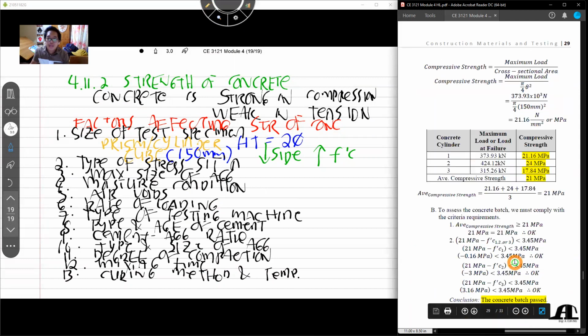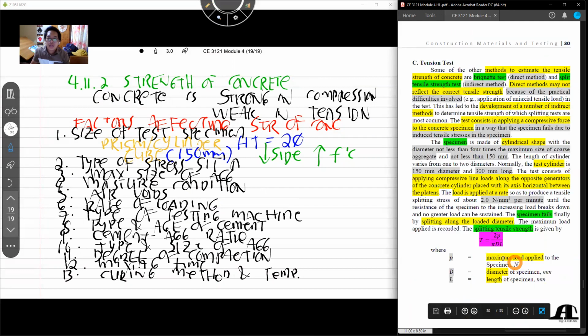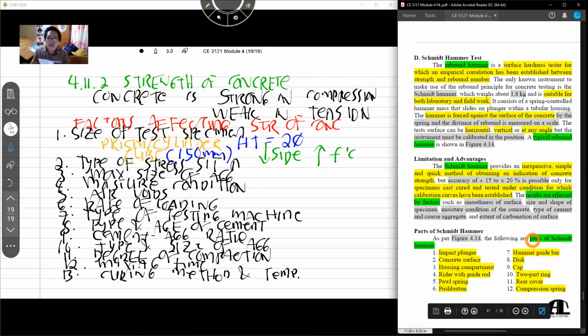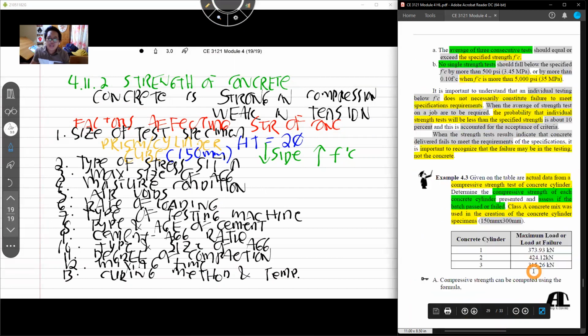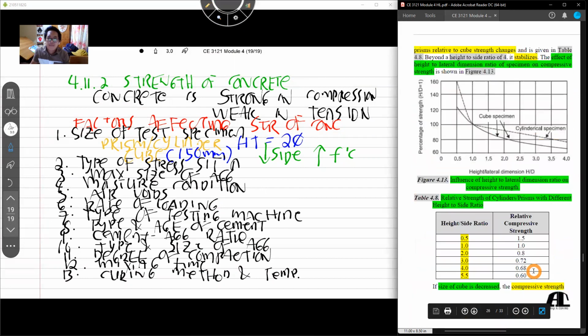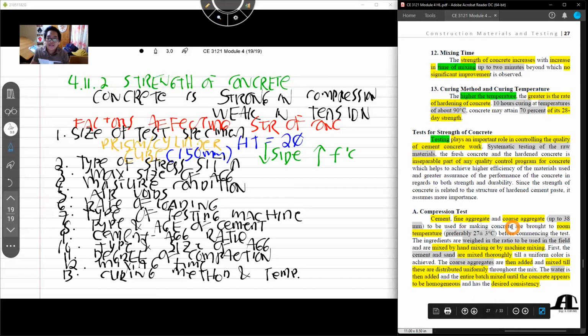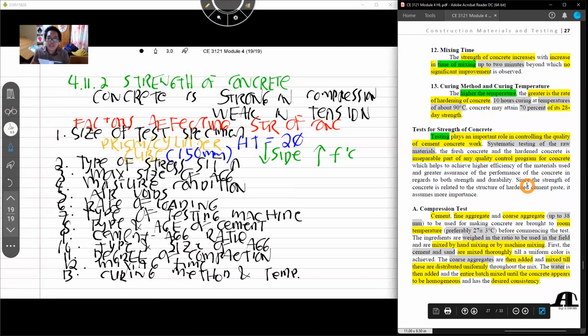Ay, dami pa pala. Yan, yung tension, tas yung flexural. Okay? Tas isa pang parang durability or hardness test. Okay? So, 4, something ganun. Okay? O, yan. So, in terms of yung compression test class, again,